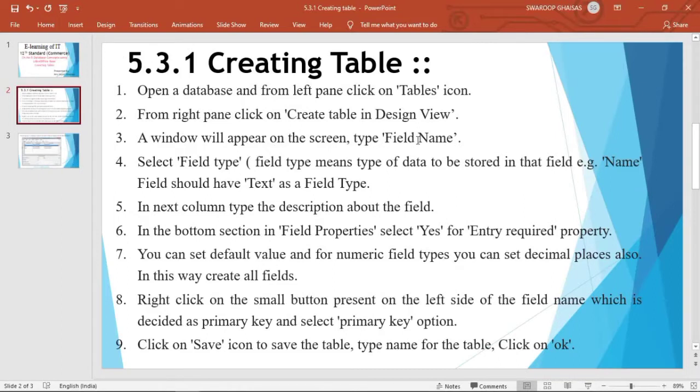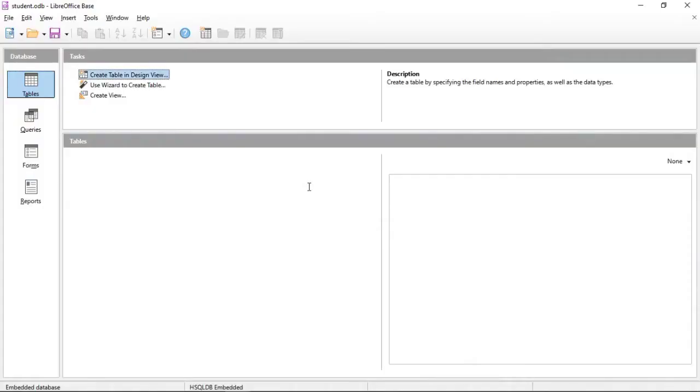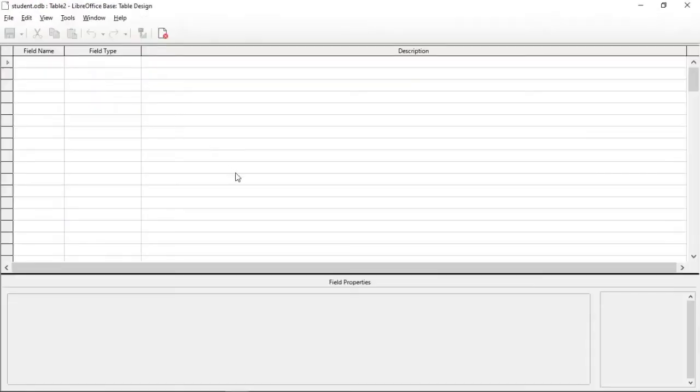Type the field name. We have to type the field names that are to be included in a table. So here click on this option, create table in design view, and here we have to type a field name. Field name is nothing but the different fields that will be there in a table.